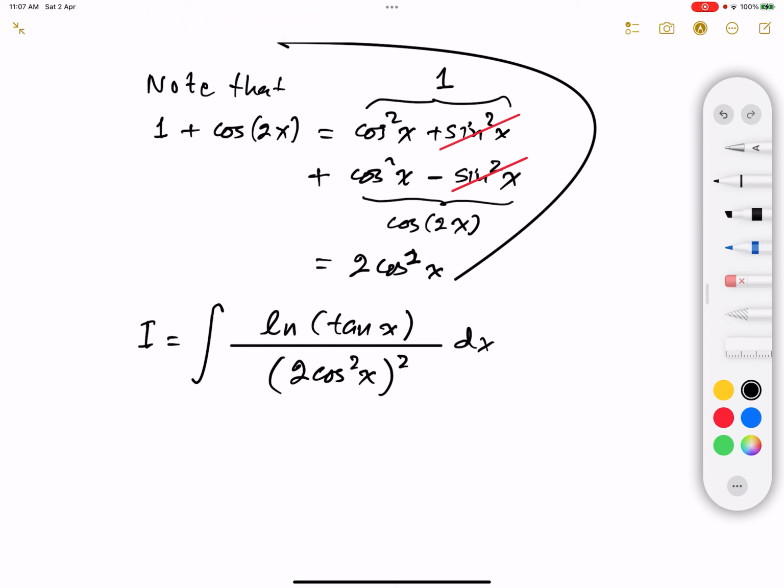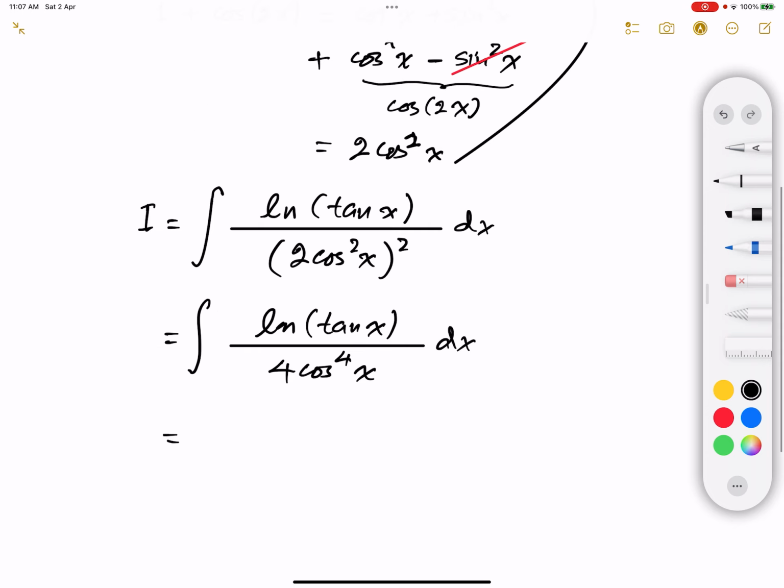Now, this can be rewritten as the natural logarithm of tangent of x divided by 4 cosine to the power 4 of x, dx, which can also be rewritten as the natural logarithm